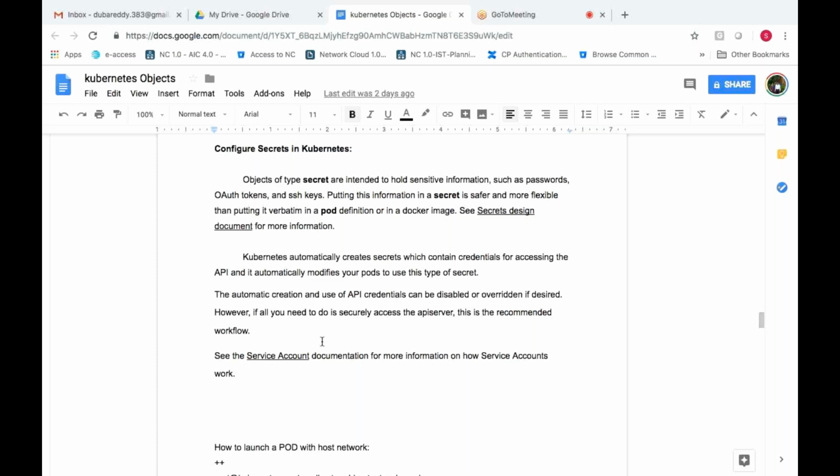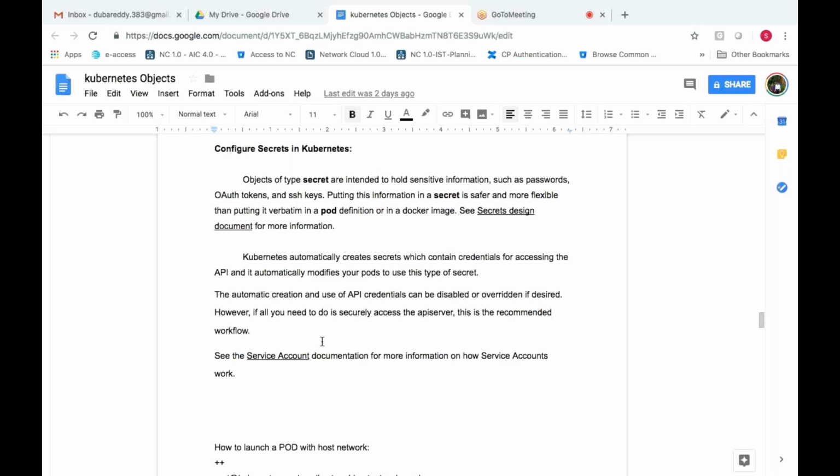When a person is looking into my YAML file or whatever it is, it should be in encrypted format. He should not be able to see the actual passwords or sensitive data. Sensitive data can be anything, right? Public keys, your SSH keys, your tokens, your username and password. These are called sensitive data.